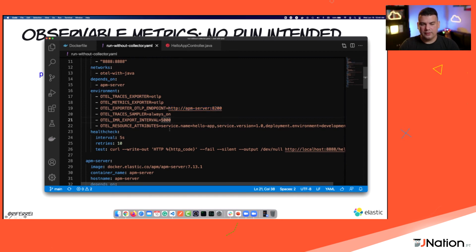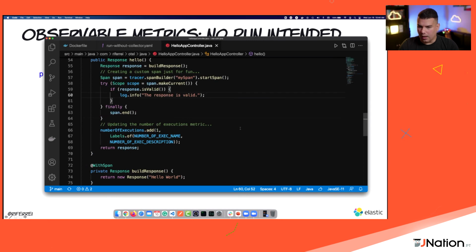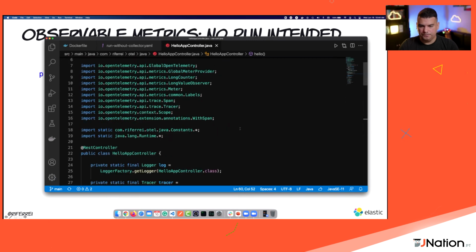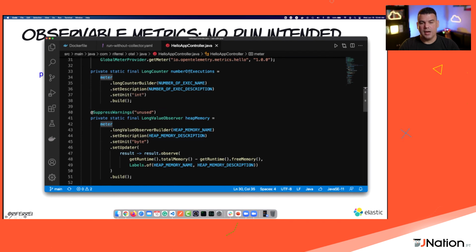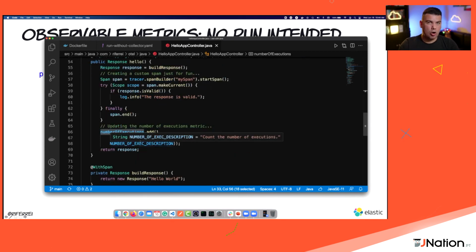What I would like to say here is that there's this property that says that every 5 seconds, the metrics that have been accumulated on your JVM heap are going to be flushed into the backend. So I've set it here for 5 seconds, and in the code itself, where is the metric? Here we go. I created my meter here. I call it meter for simplicity. And then I created 2 metrics here, the number of executions, which is what we call a static metric, because for this one I have to manually code how to mutate the value of it,